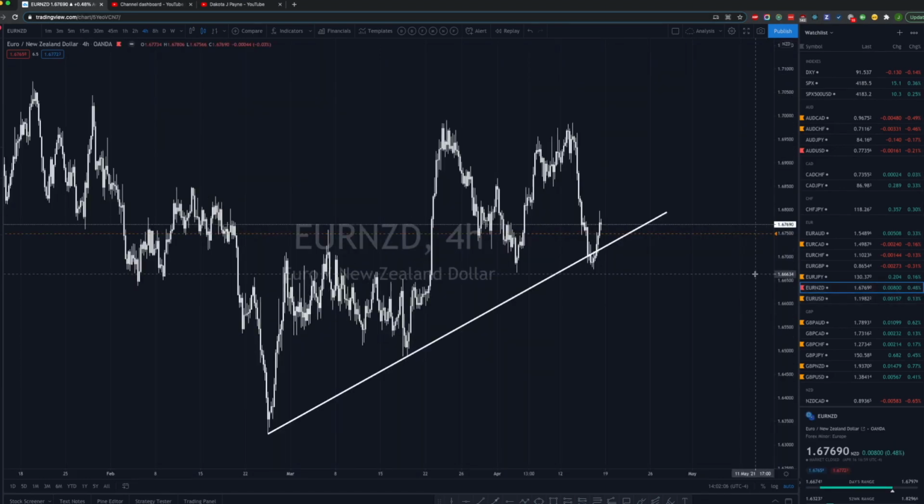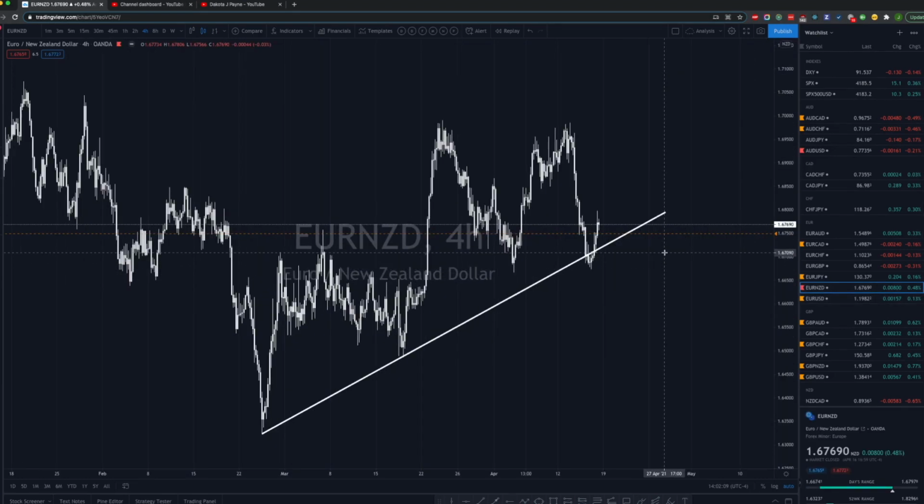EURNZD. So I'm not too sure about this trade or this setup, but we had that touch of this trend line here, which we had some leakage, but it was pretty well respected, right? Now the reason why I'm looking at this is because we're kind of having a double bottom, right? So you have these highs here. This high never broke this high, right? But equally, if you look at the lows, this low never broke